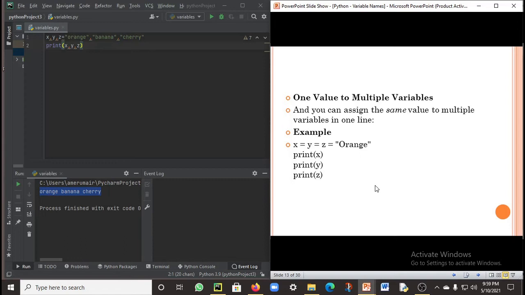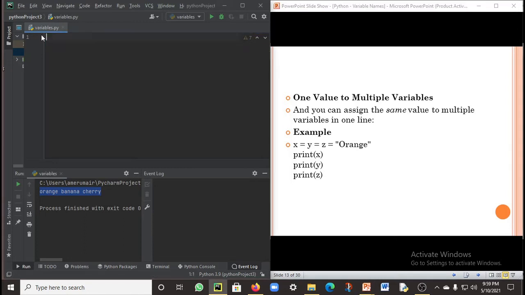One value to multiple variables: you can assign the same value to multiple variables in one line. In this example, x equals y equals z equals orange. Now when I enter print x, print y and print z and run this block of code, Python is going to print orange three times, because orange is assigned to the variable x, to the variable y, and to the variable z.